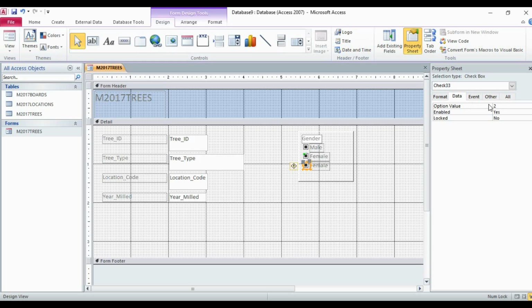Now what is option value? You can see here under the data, this option value 2. If you remember, we checked it while we were following the wizard steps. Now if I click on this, here also the option value for this label is 2, and again I'm showing you, if I click on this checkbox, again the option value is 2.